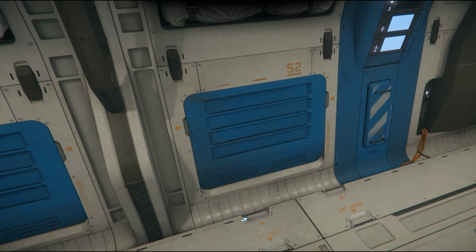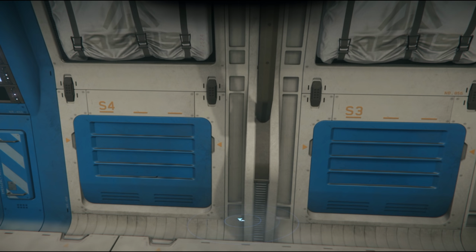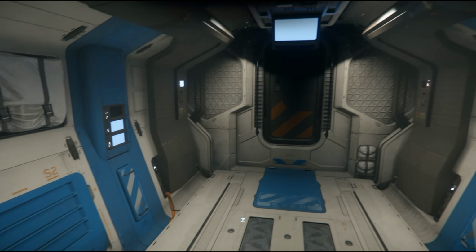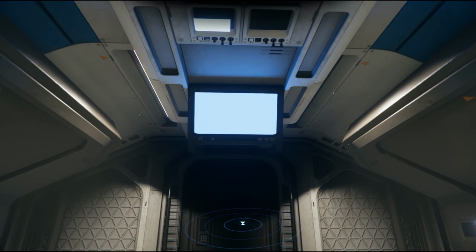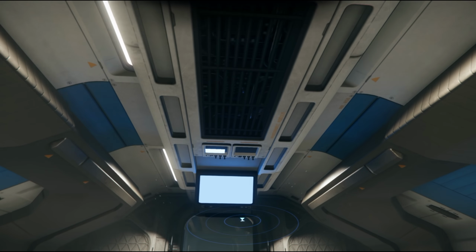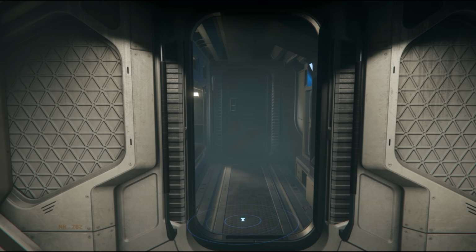You've got all the engineering modules down here, which are going to be your component housing. So when you go to actually do changes and updates to your ship or need to fix something, that's where those are going to be. You've got an informational screen here that looks like it can actually fold up into the top. I'm not sure what that is going to do for you, but maybe give you status updates on the ship. If we come into the living area,